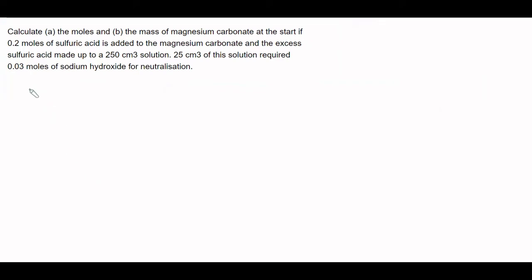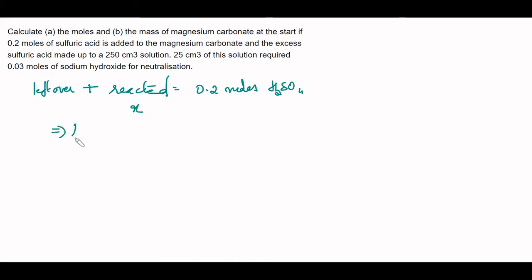Okay, so leftover plus reacted is equal to total moles of sulfuric acid, which is 0.2 moles. Or if I'm assuming the reacted amount to be X, I will be getting the leftover as equal to 0.2 minus X. If you could remember, we said